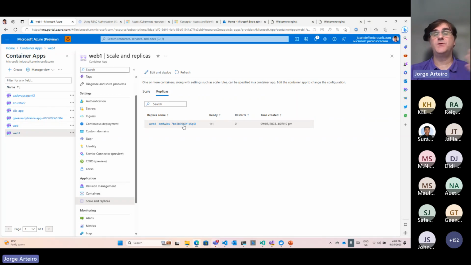Why is this nice? Because you don't pay. If your application is just something that you play with that maybe someone's going to access once a day or something, you can use Container Apps and you don't pay. Let's scale to 0 and only pay when someone accesses. And then after, I think maximum 5 minutes, they're going to scale down to 0 and you don't pay. What do you think about that?